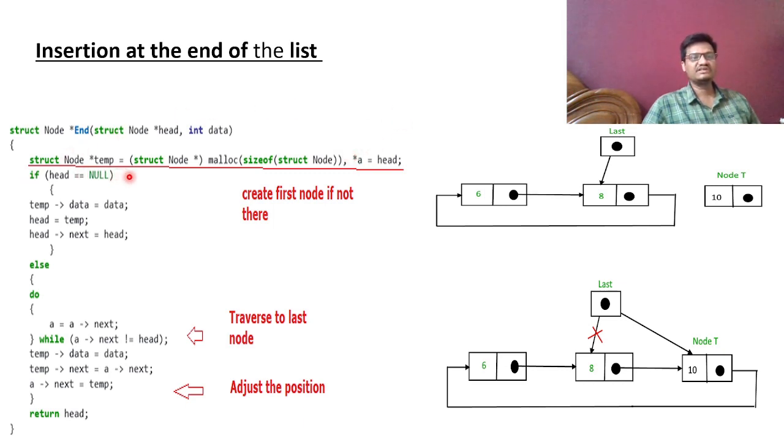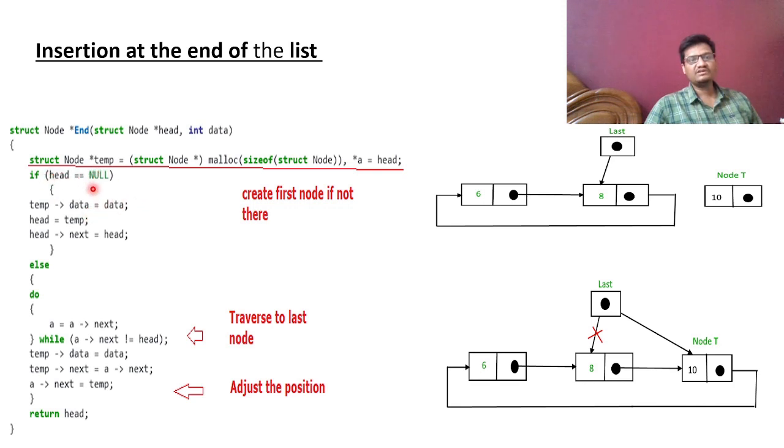Here we are checking the condition head equal to null. As we all know, if head equals null, it means there is no node, so there is no start node, end node, or middle node. So if this condition is true, then we need to create the start node here. For that we are assigning the data and address here, and we are setting the start address.